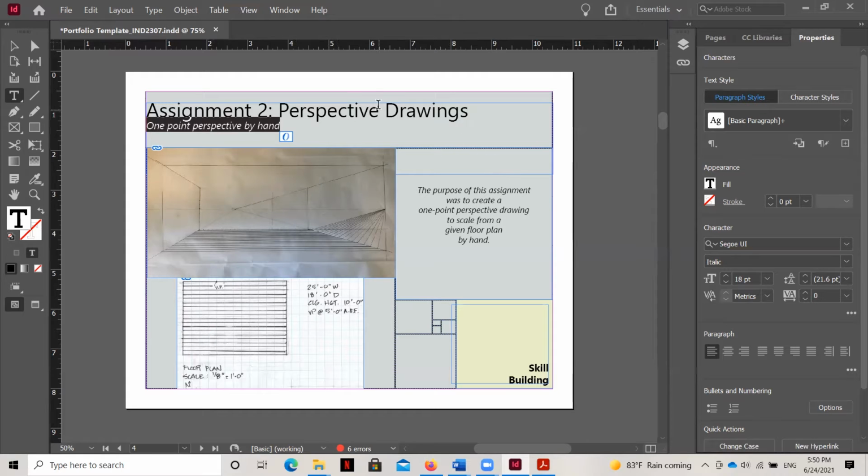Now, once you know that this is a perspective drawing assignment and we're doing 1-point perspectives by hand, now the next level of importance is really kind of tied between these two. This comes next when we read it like a book, but this is darker and it's bolder and it's a little bit larger in size. So these are kind of tied based on hierarchy. So it forces the viewer to choose which they want to read first. And that's also by design.